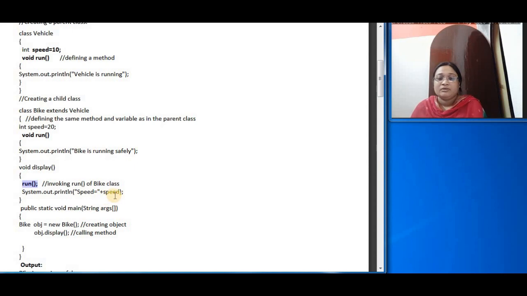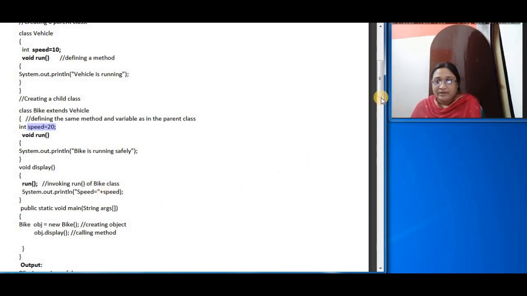Similarly, the same thing happens for the speed variable. When I print the speed here, we are using the speed variable given in the derived class and not the speed variable of the base class. The speed variable is also getting hidden.